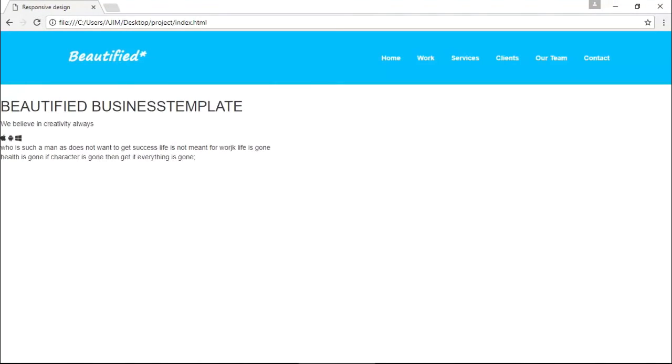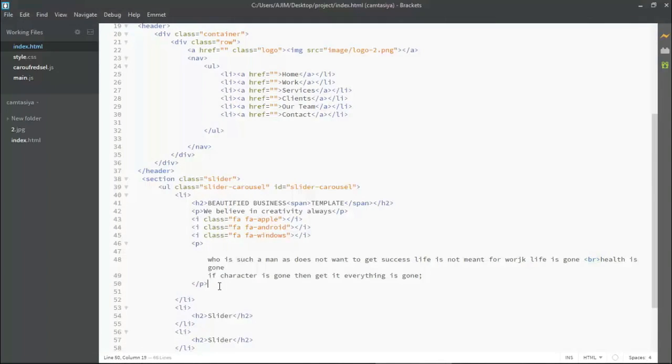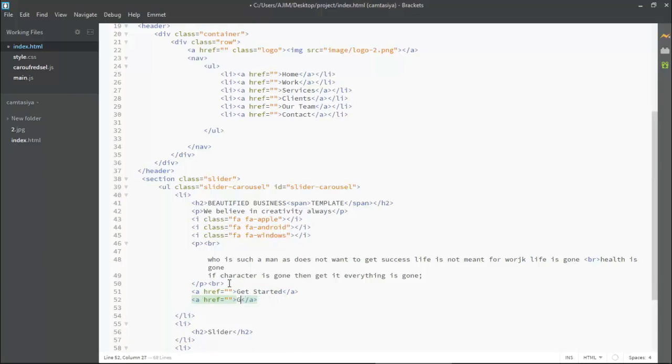Now we need to put a button. For putting the button, I am putting here a br tag to make a line break. Again putting here a br tag to get a line break. Okay, so I am coming to this br, and here I am mentioning an anchor tag because a button is clickable, so we have to put it inside the anchor tag. So I am mentioning a href. Inside this I'll be putting the button name like Get Started. And now we need one more, so here I am putting Buy Now. Now we need to give a class to it. So I'm coming here and giving a class. First class I'm giving here is btn-half.